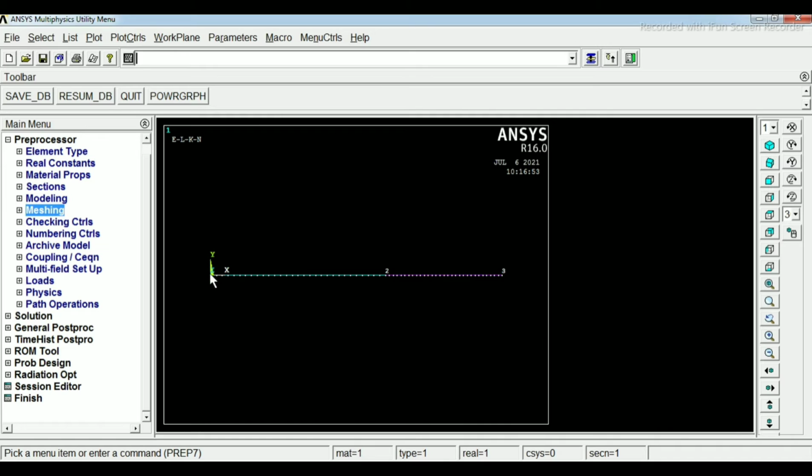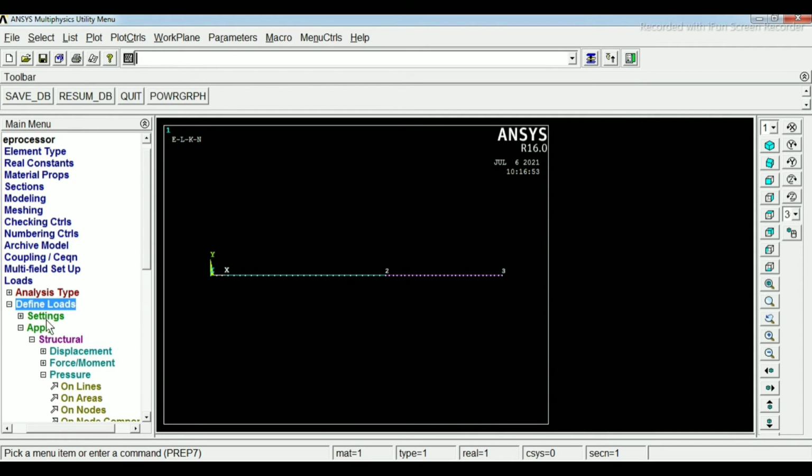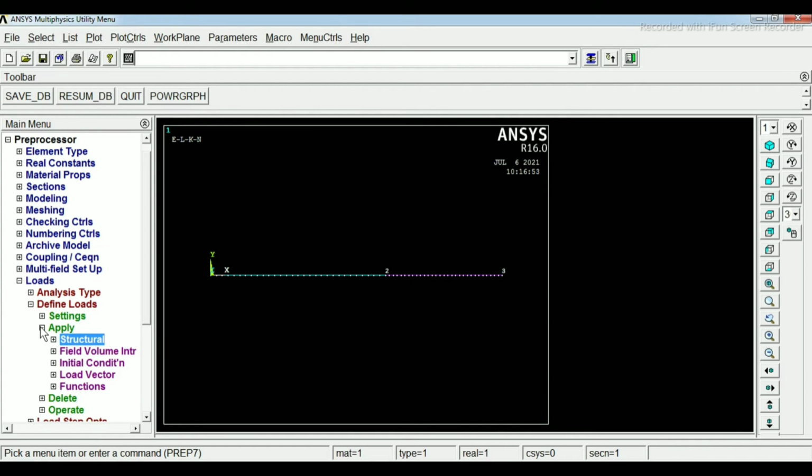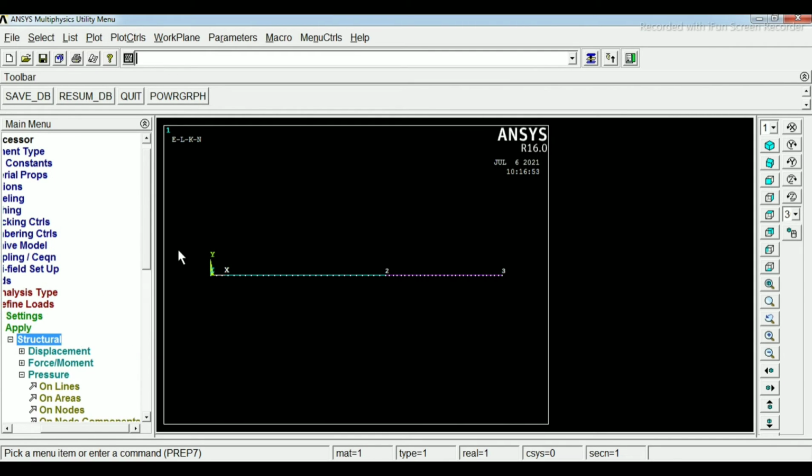Now we will give the degree of freedom at the first key point and the load at the third, and from 1 to 2 we will give the UDL. For giving this, click on the load, define load, then apply, then structural.